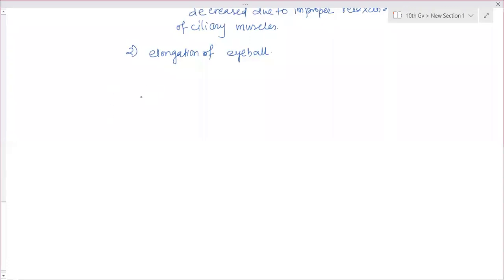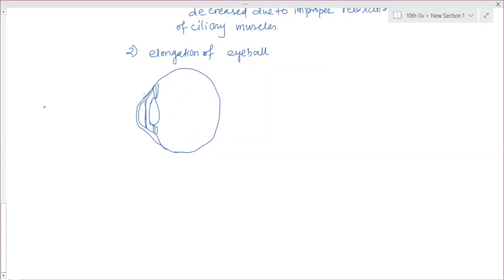In that case, the rays from infinity are reaching and forming on the... I'm not drawing the proper diagram. So this is the eye lens. It has been connected. So you have to draw this properly, with 2 layers and all those, you have to manage it. Here, the iris and all those are not supposed to be shown. It's okay. Only this much part you have to show.